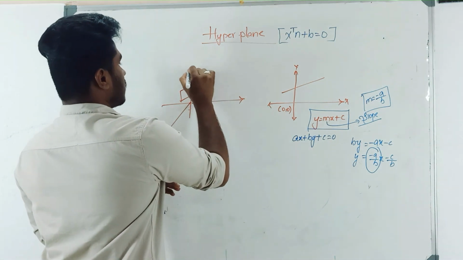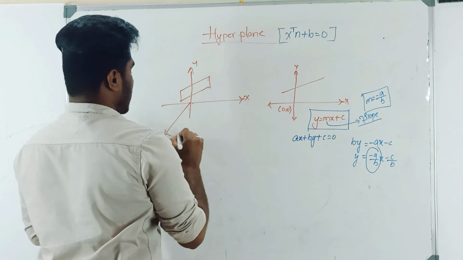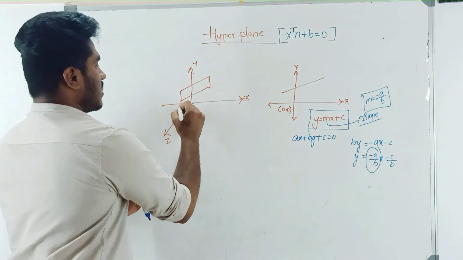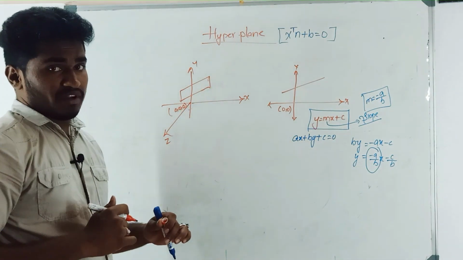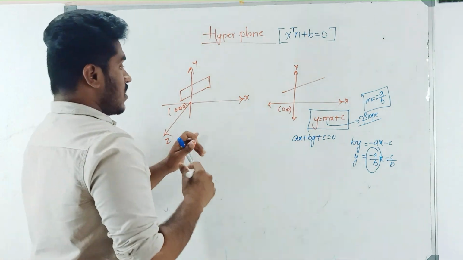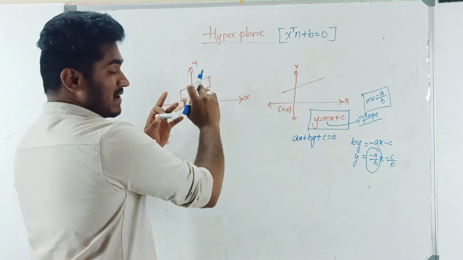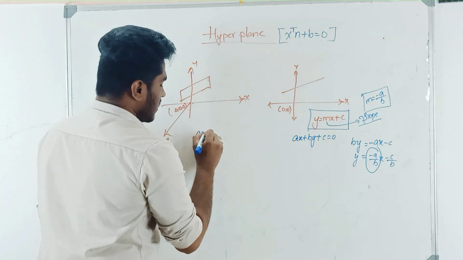So this is the x, this is the y, this is the z axis, and this is the plane, and 0, 0, 0 is the origin over here. Now the equation of this particular plane in this 3D geometry is represented as ax